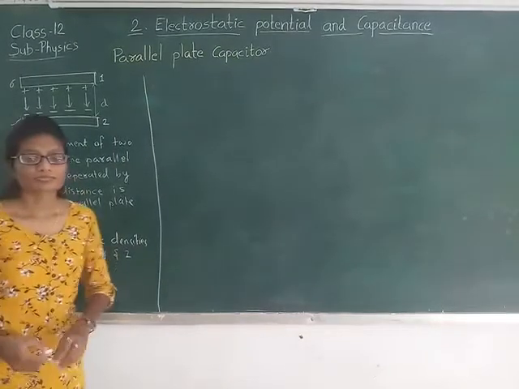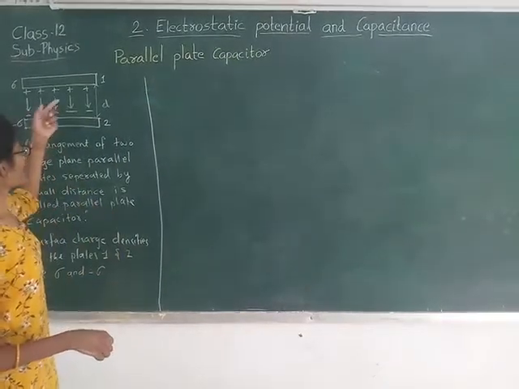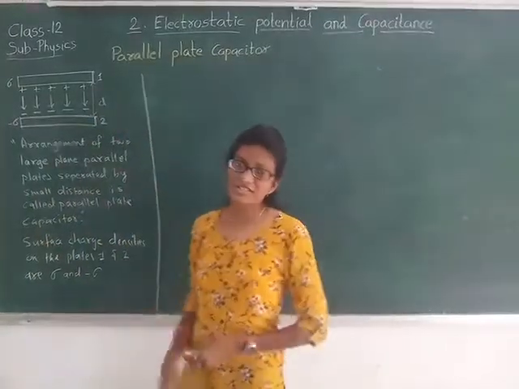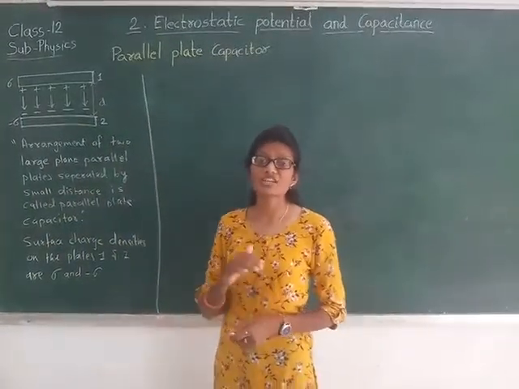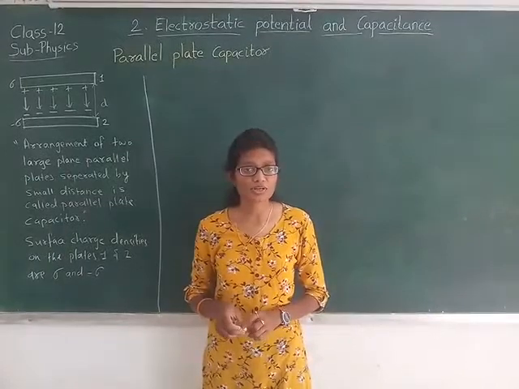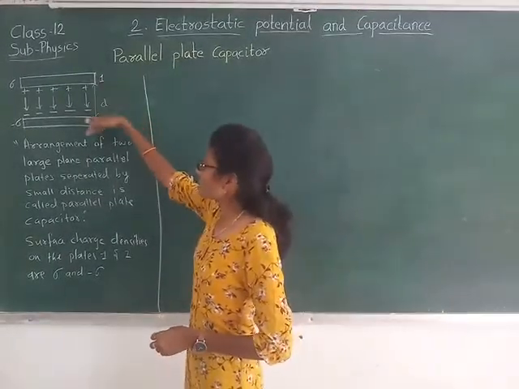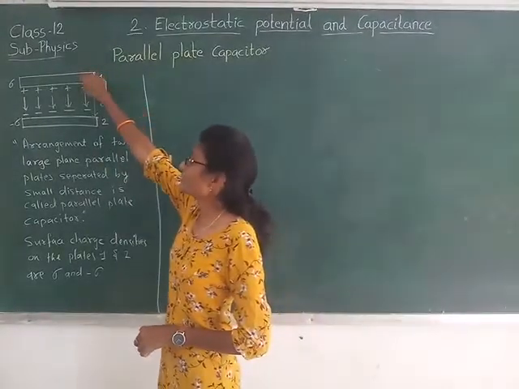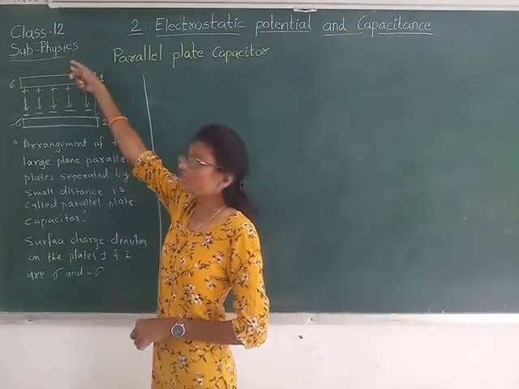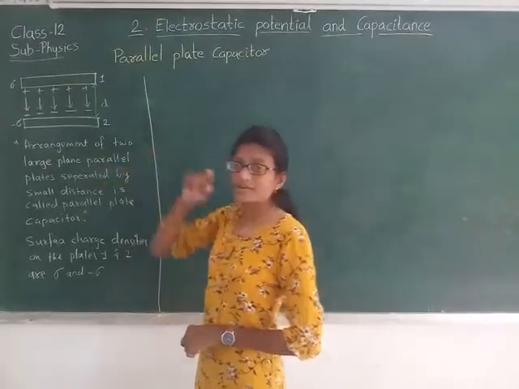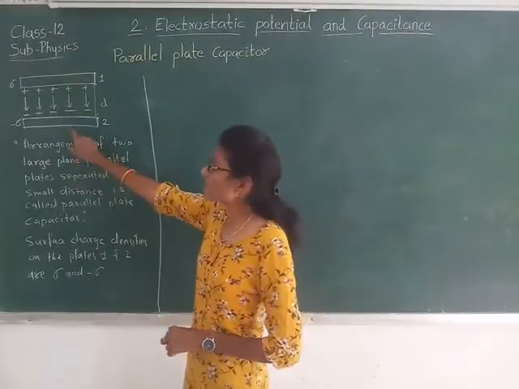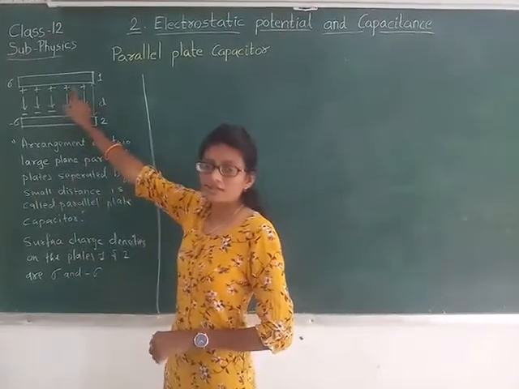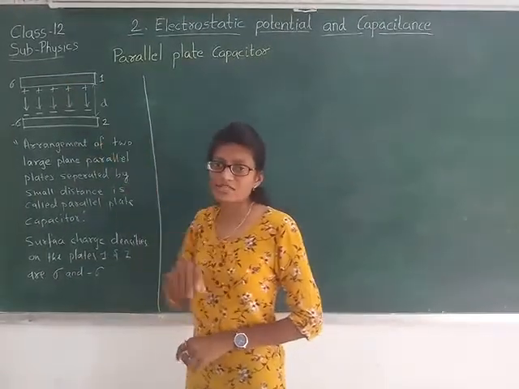Now see, here the electric field is produced, right? Whenever there are charges, because of that charge the electric field is produced around it. Here we will be seeing the electric field for three different regions. One is the electric field in the region above plate 1, then the electric field in the region below plate 2, and the electric field in the region between these two plates, right?